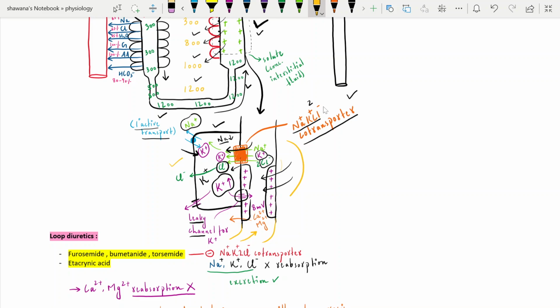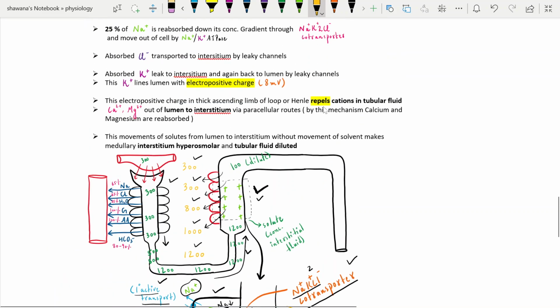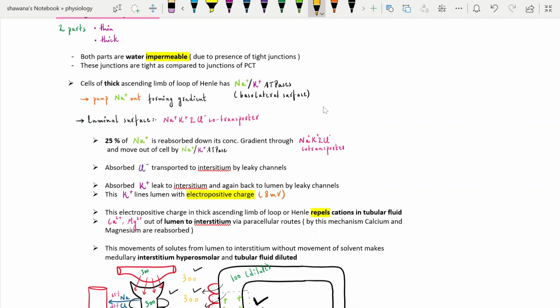into the interstitium via the paracellular route. They can escape between the cells because they do not find a way through the cell, they just escape in between the cells. This is the way by which calcium and magnesium are reabsorbed in the thick part of the ascending limb of loop of Henle. So let's summarize what we have discussed: the cells of the thick part have sodium potassium